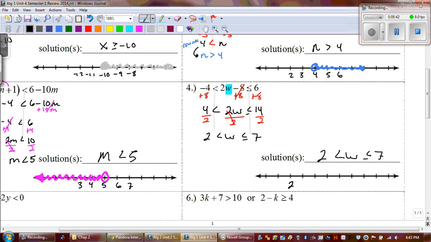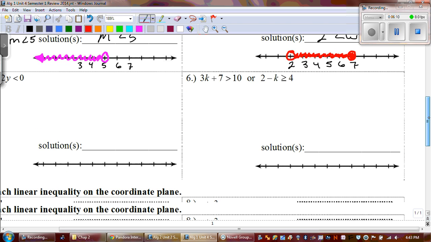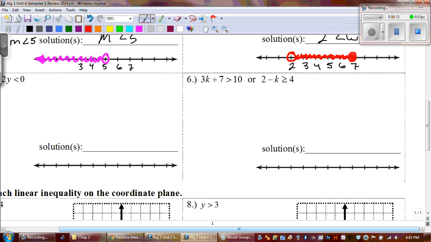Now for this one, 2, 3, 4, 5, 6, 7. There we go. Okay? So at 2, we are open, and at 7, we're closed. Okay, and for these ones, we shade everything in the middle. Okay,